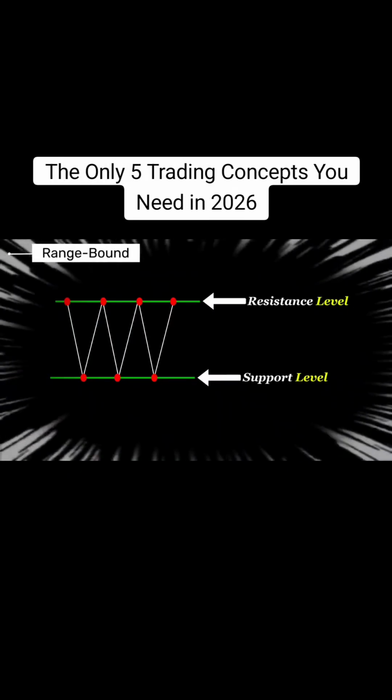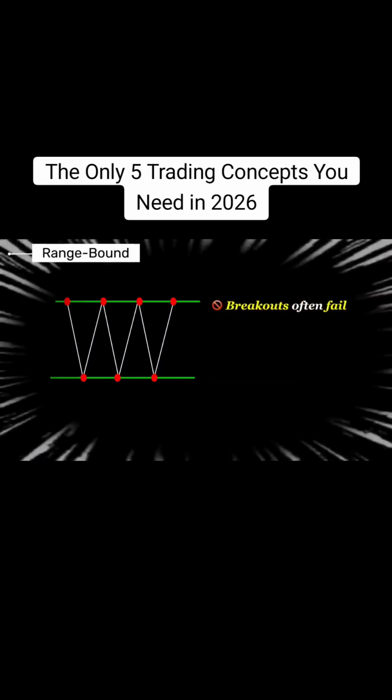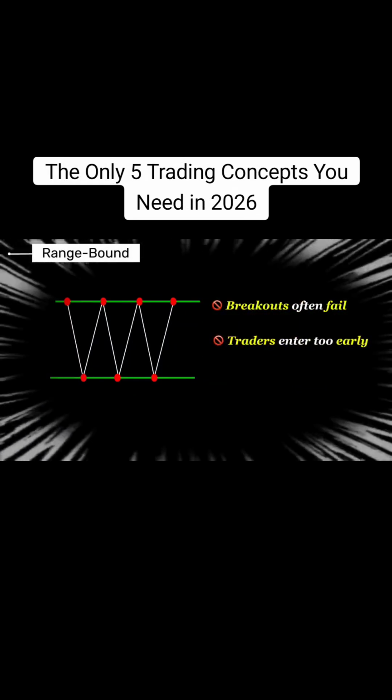This creates equilibrium. That's why ranges are dangerous. Breakouts often fail. Traders enter too early. The market punishes